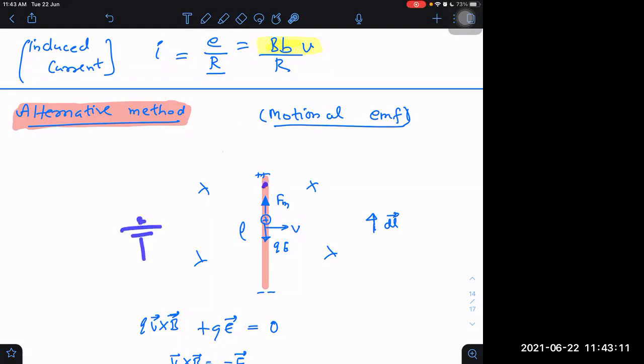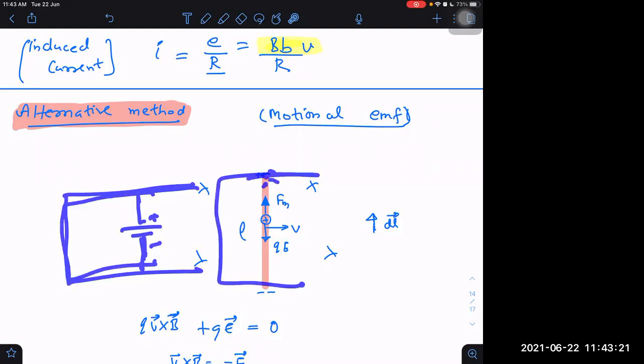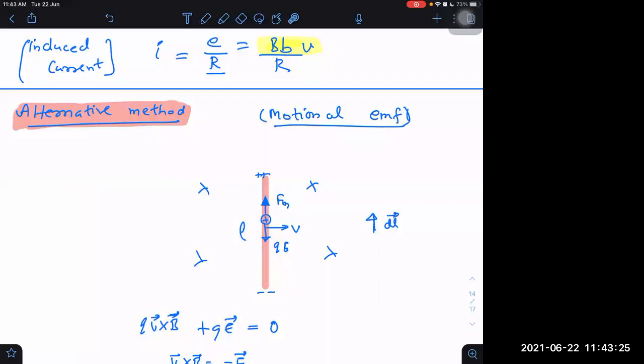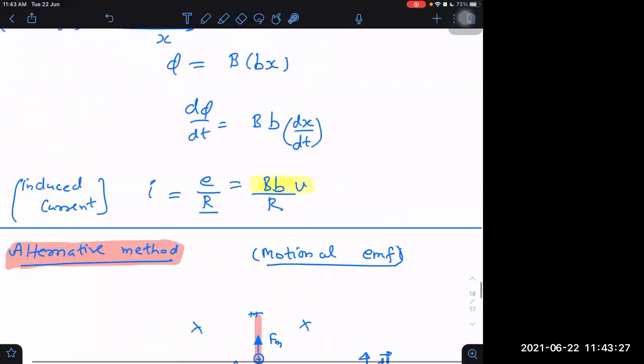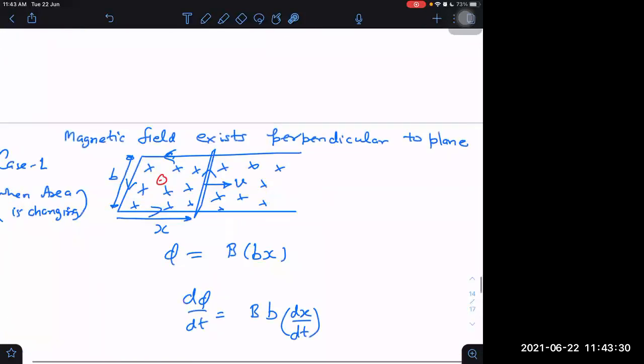It is acting like a battery, but a battery which has zero current flowing. Why zero current? Because it is an open circuit. But if I give it rails and close them, then it can make the current flow regularly. Understood? And current will flow. So we are understanding now why I took the alternative method. It is better than the first.